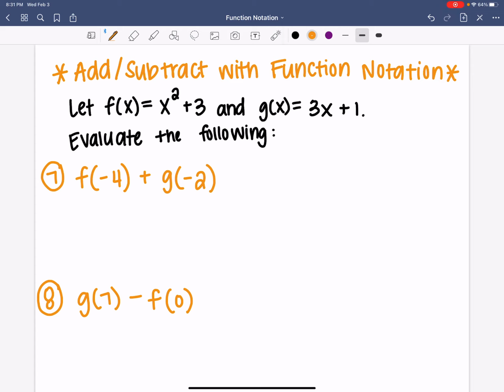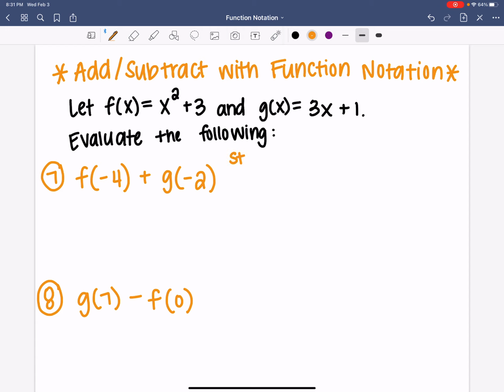Adding and subtracting with function notation is pretty simple. You're just doing function notation of one function and then completing it for another function, and then you're either adding them or subtracting them. So for number 7, f of -4 plus g of -2, we have to first evaluate